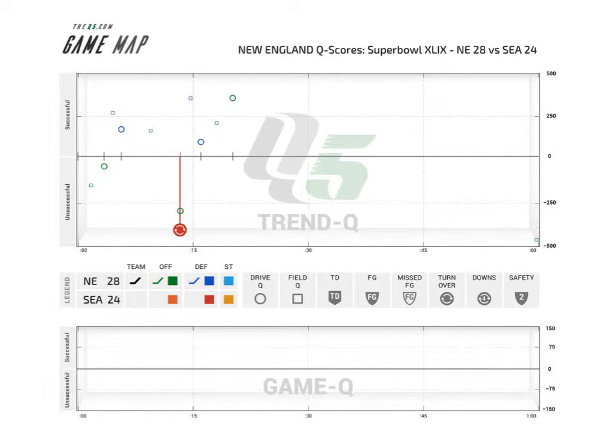Note the location of the drive cue marker. You may ask, why is it not all the way at the top of the successful zone? This deals with starting field position. A team will receive a higher cue score when the touchdown results from starting field position on the extreme ends of the field. The next two drives for each team are 3 and outs, and then Seattle scores a touchdown